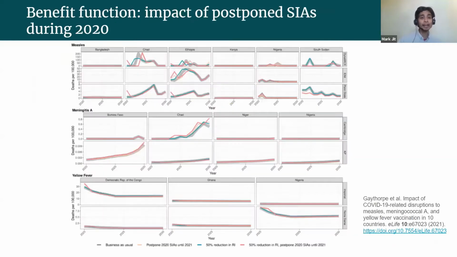So this is on the cost side. On the benefit side, this is work done as part of the Vaccine Impact Modeling Consortium. Sorry, it's quite a busy slide, but it's basically looking at 3 vaccine preventable diseases and actually looking at the campaigns that were disrupted in 2020 and asking what has been the impact of all this campaign disruption. And what this shows is that for meningococcal A vaccination, the effect of the campaign disruption hasn't been great, and that's because of these very large campaigns that were held in the past with meningococcal A, which is still protecting populations from getting meningococcal disease.